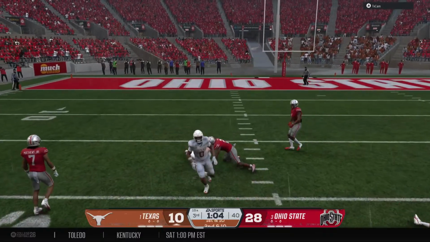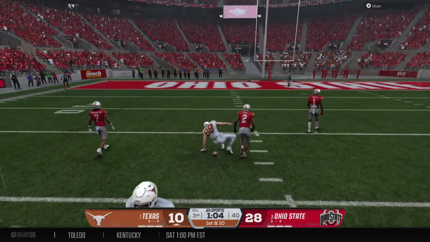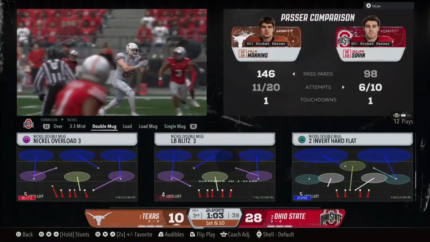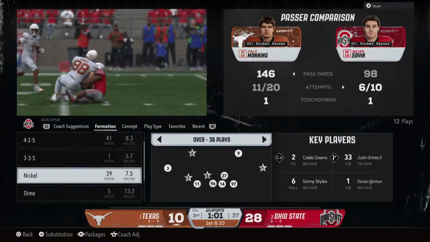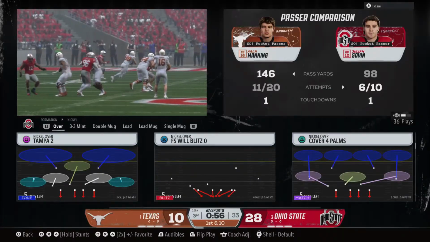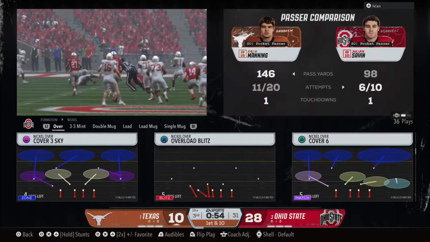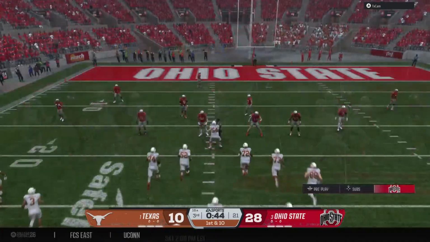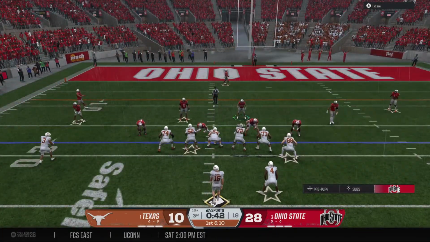This time a completion. They make the tackle, but that play moves it inside the red zone. And there's the tight end who shows off his hands. The Longhorns line up on 1st and 10 now.